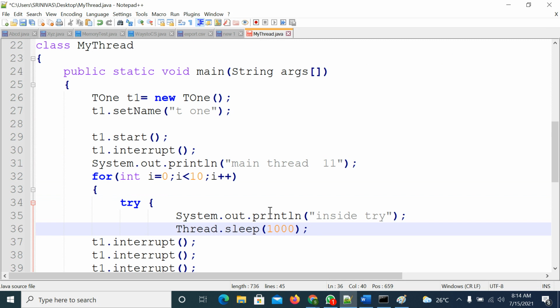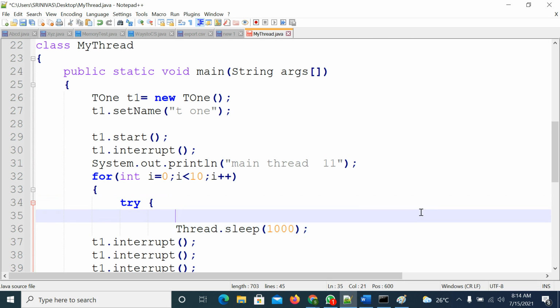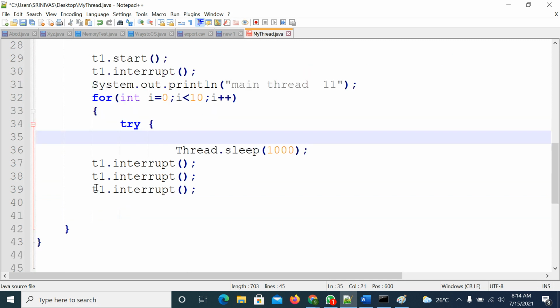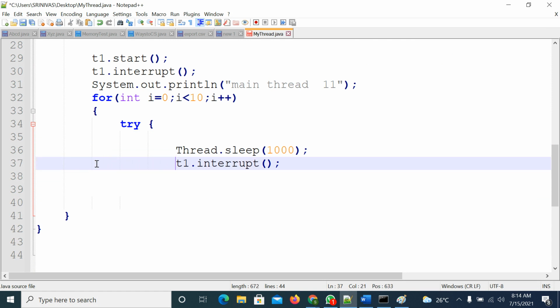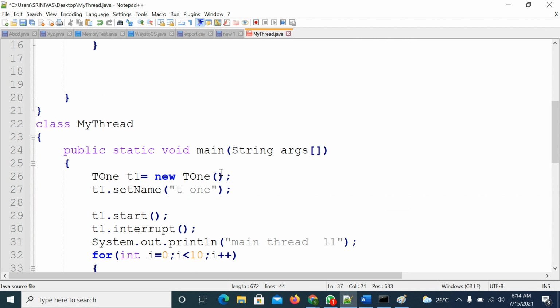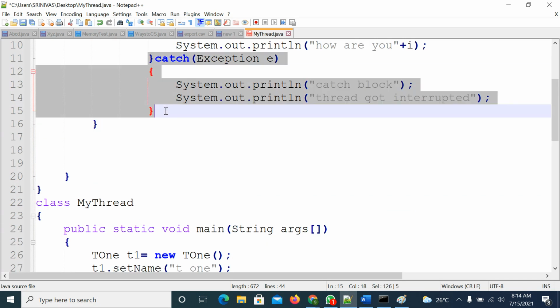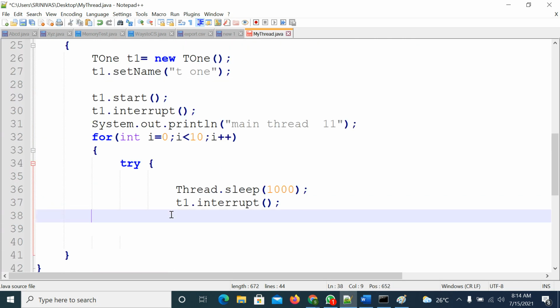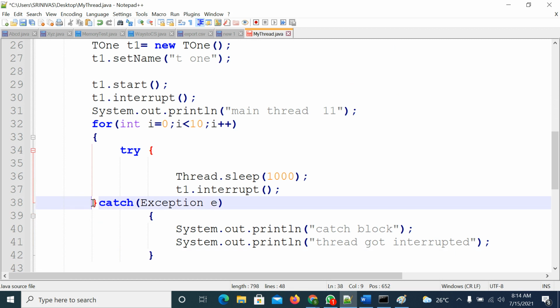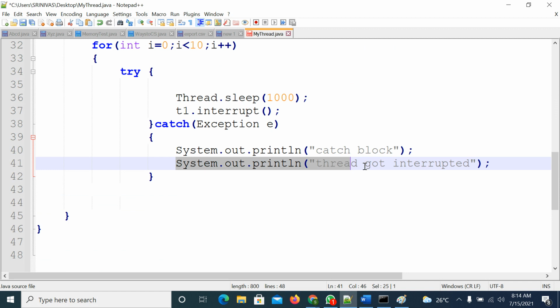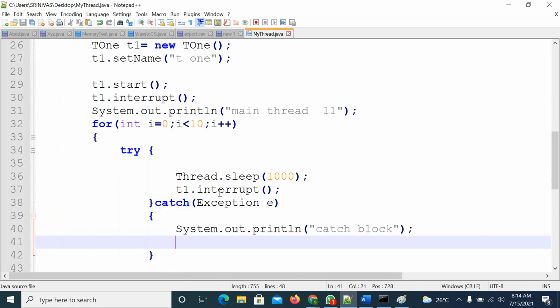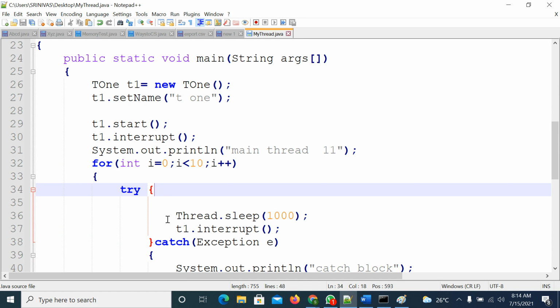Not required, maybe a time waste process. Right, the for loop will be executed 10 times.